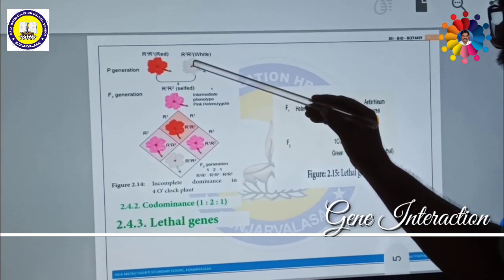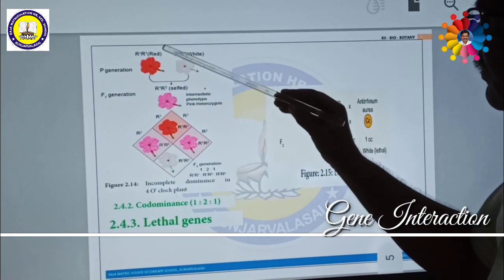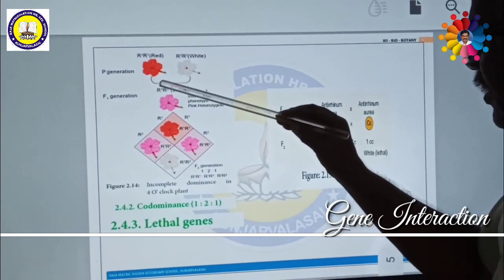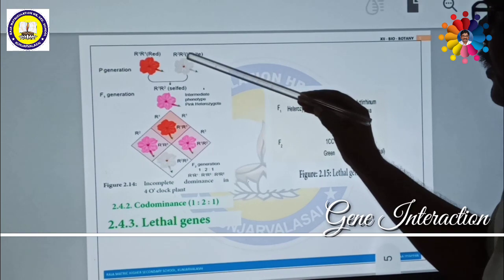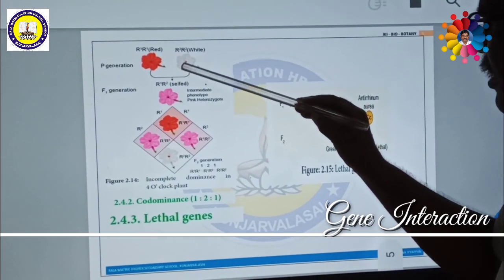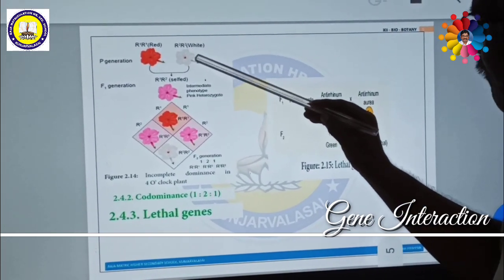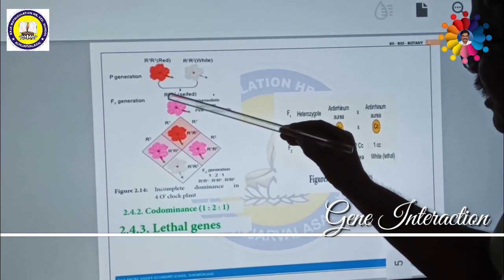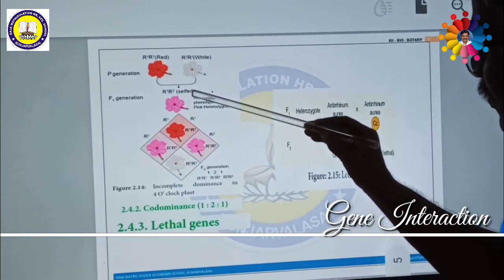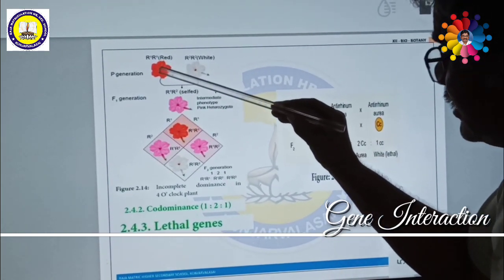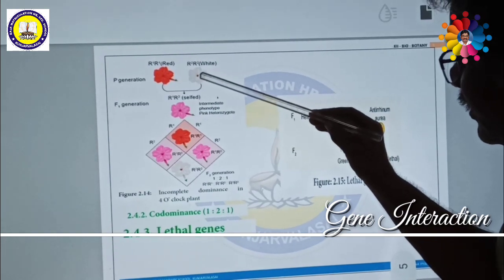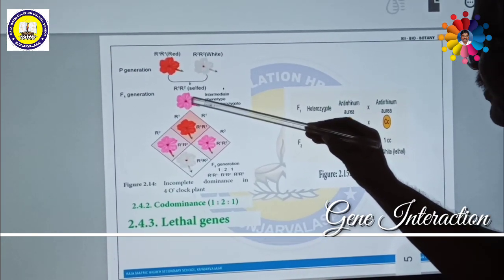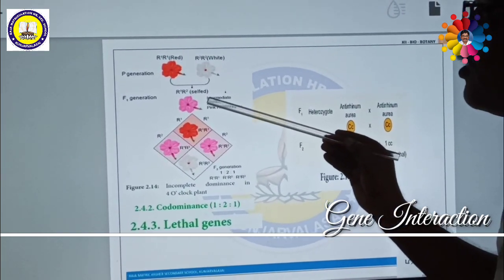These are the parents which can produce gametes. This red flower can produce the R1 gamete, which can be drawn as a round. It is not shown in the figure. Here one R2 gamete can be drawn as a round. This is the R2 gamete. Then they are crossed together. In the F1 generation you will get R1 R2. That means capital R1, capital R2 will be produced. This is neither red nor white. These are mingled together, forming a pink color flower. That means incomplete dominance.